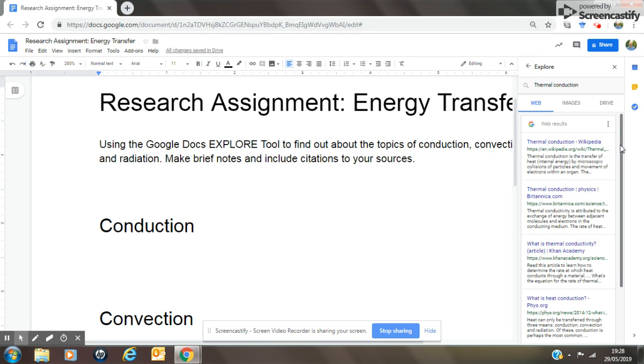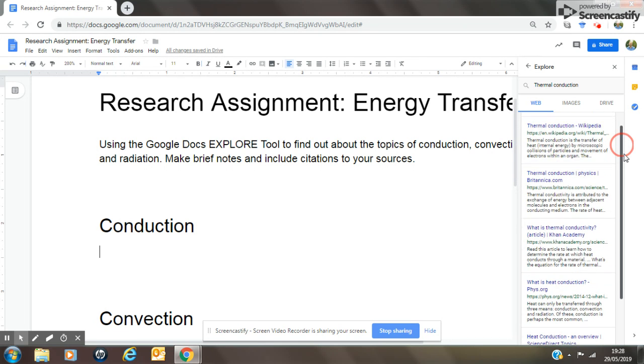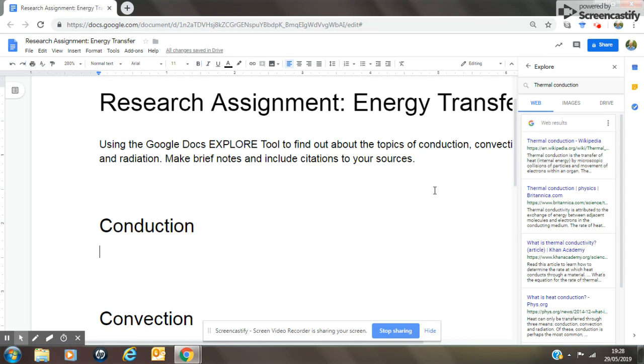The tool has generated a whole list of sources that I can begin to look at to find out some helpful information on that topic. At this point, I would need to teach a little bit more, probably, to tell students about the techniques of quotation and paraphrase and the importance of citation of sources. But assuming you've done some of that teaching in the classroom and the students are ready to go, how might we get started? Well, I might choose to cite a definition of thermal conduction, which is given here on the